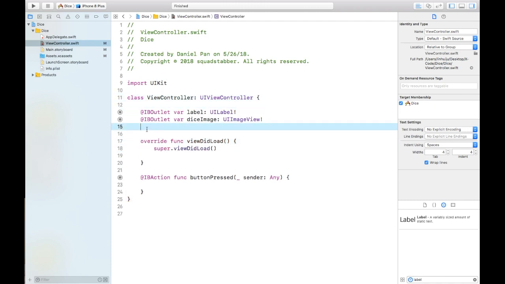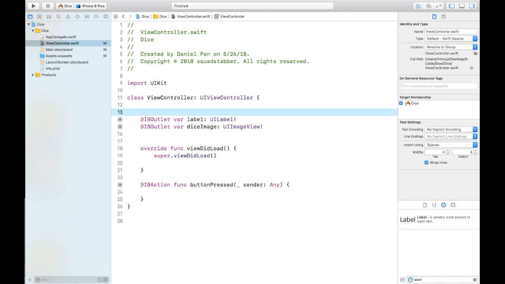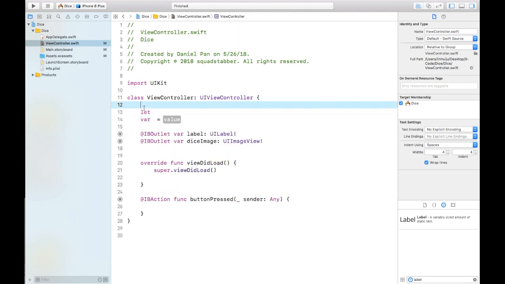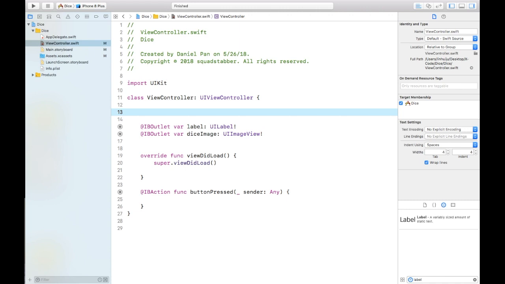Okay. That looks great. Now, let's talk about arrays and constants and variables. So let and var are two words. Basically var is a variable and let is a constant. You can change a variable, but you can't change a constant. So I'm just gonna do let array. So this is the constant name. Let array equal